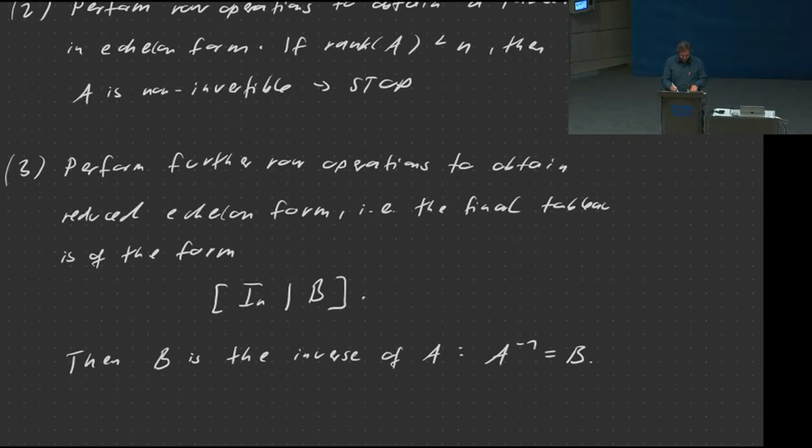And basically what that means is this left-hand side, this coefficient part, is now in the form of an identity matrix. It looks like this. And the right-hand side, well, all those right-hand sides will form another matrix. And you can now read off the solutions directly from that matrix. So the columns of this matrix will now be exactly the B's that you wanted. Right, so in other words, this here is the inverse that we wanted to have.